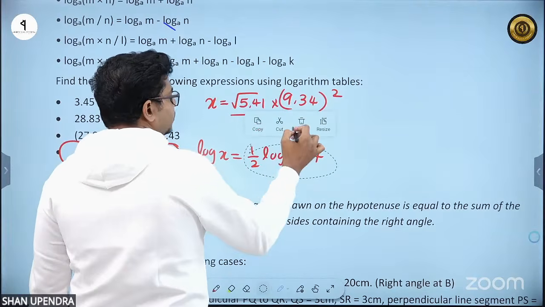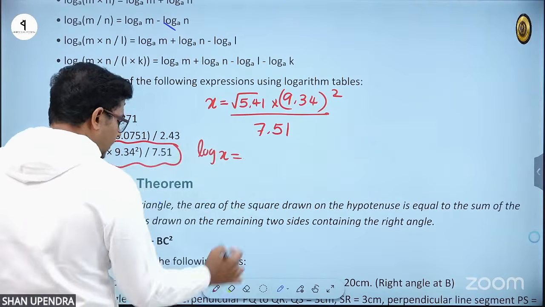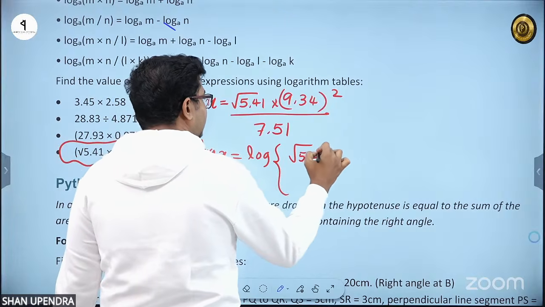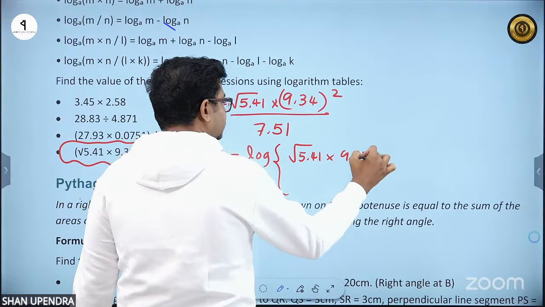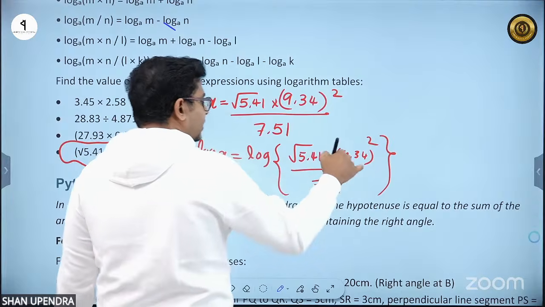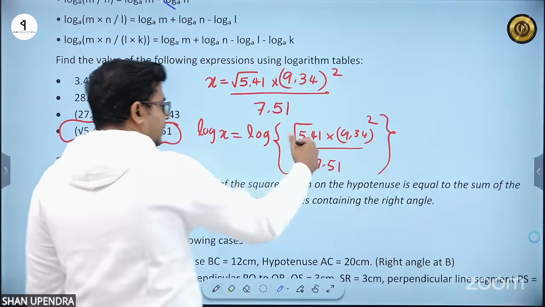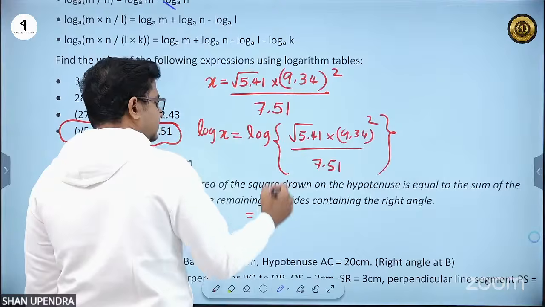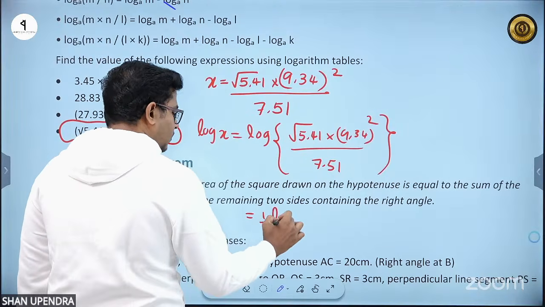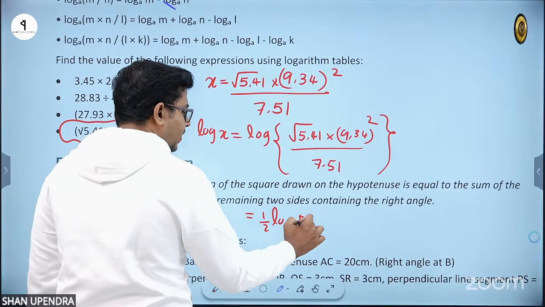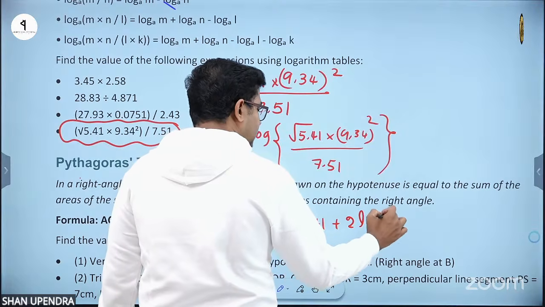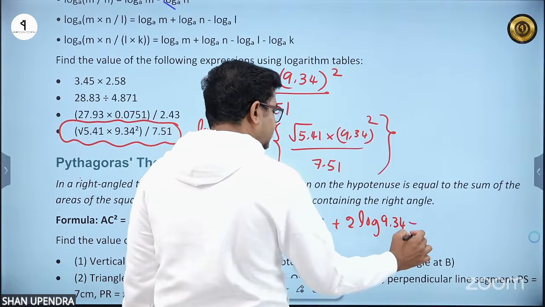So what we are going to do now, we are applying the log to both sides. Square root of 5.51 into 9.34 squared divided by 7.51. You know if there is a multiplication, you can write that as addition. If there is division, you can write it as subtraction. So we can write this as one half log 5.51 plus 2 times log 9.34 minus